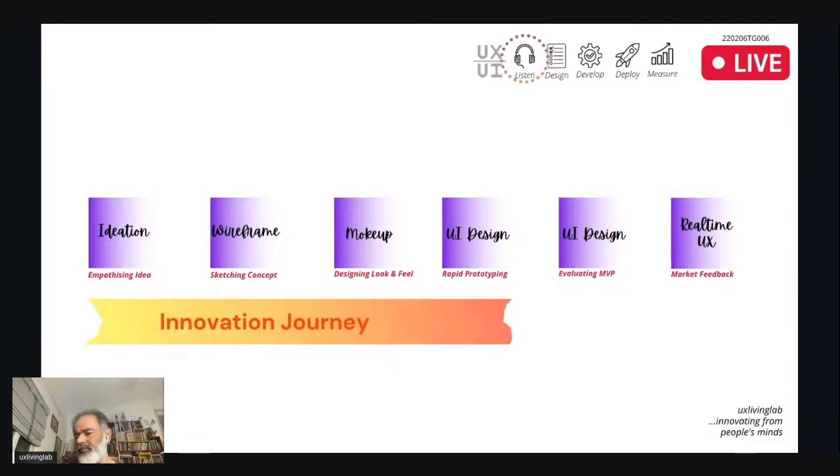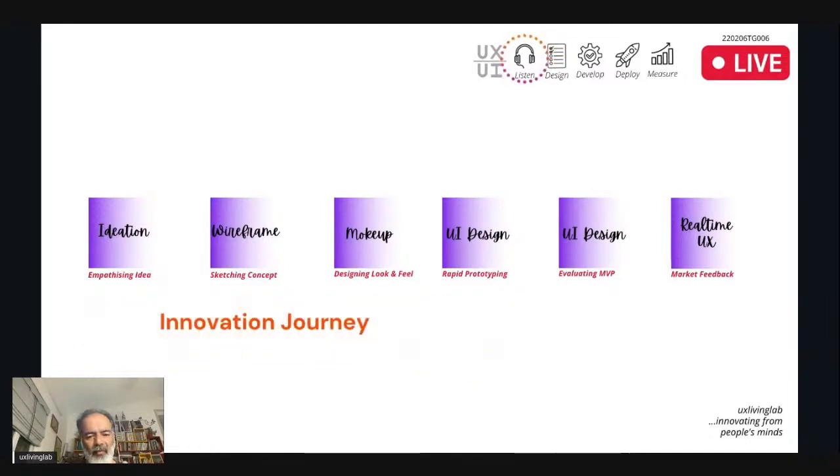You may be thinking about different ideas and something to be rejected, something to be modified, then come to a final idea. Then wireframing. So sketching concept is the same as wireframing. So you can wireframe your idea, your concept, what you have in your mind, and you can develop it as a skeleton form.